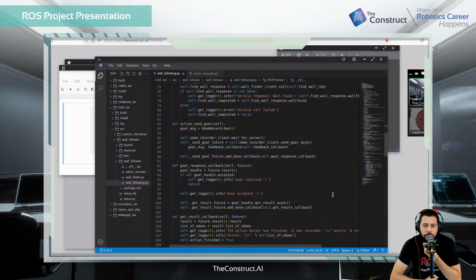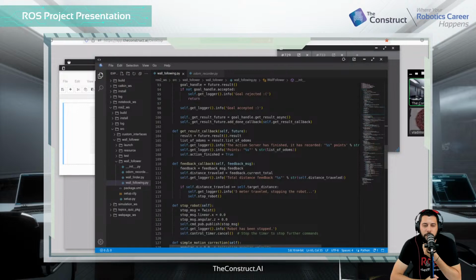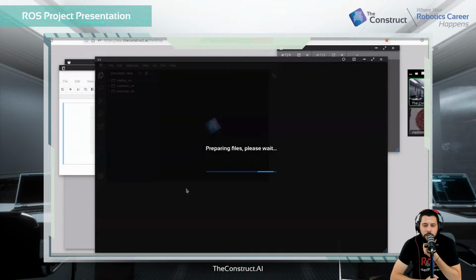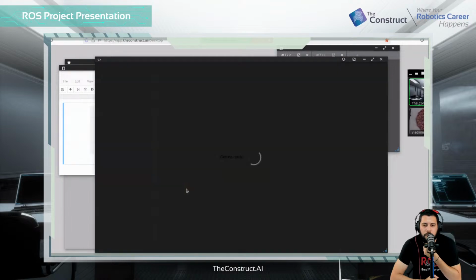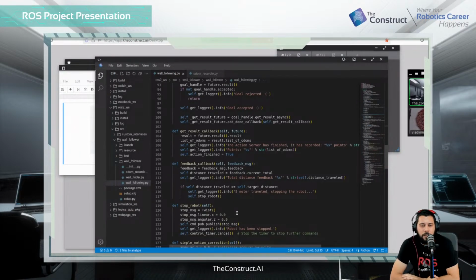the target and distance. Yes, and there it is. We have that if check. Oh, what just happened? I don't know. I think it's the server. Okay, there we go. We have an if check that